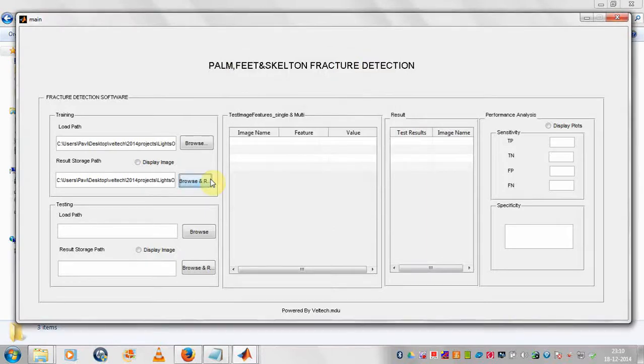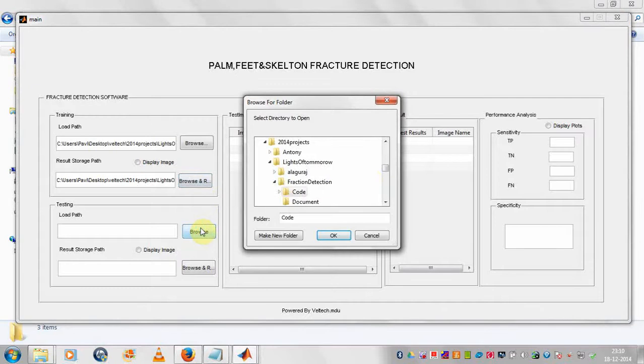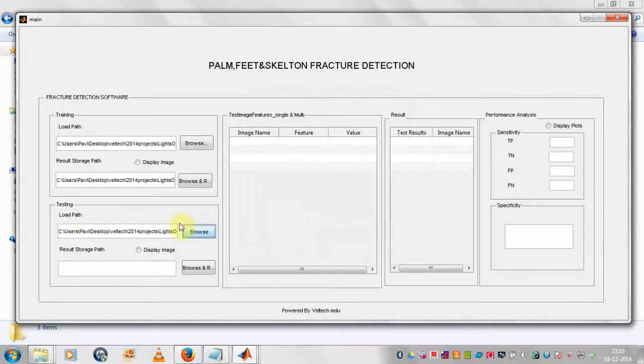Now the same process needs to be done for the test images. You might give one or two or three, whatever you have. Just select the testing dataset. The testing dataset in my PC contains 3 images. You can keep 1, 2, 3 or 10, it's up to you. Once you select that, the path will display in the text box. After that you just follow the procedure which we implemented already for the training set.